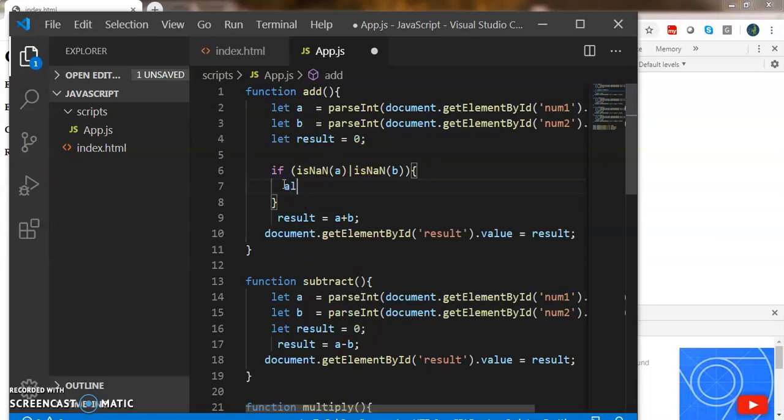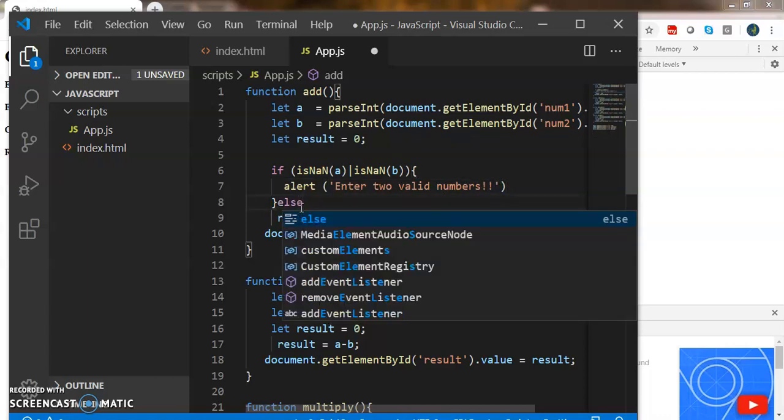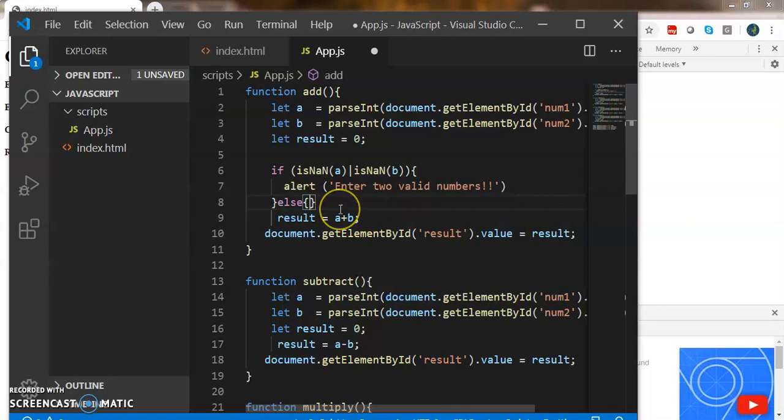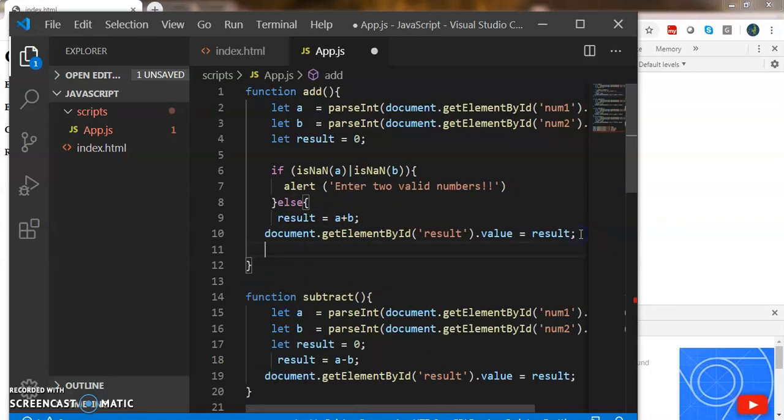So we are going to say alert, "enter two valid numbers." Else we are going to add the two numbers and then display the result to the user.